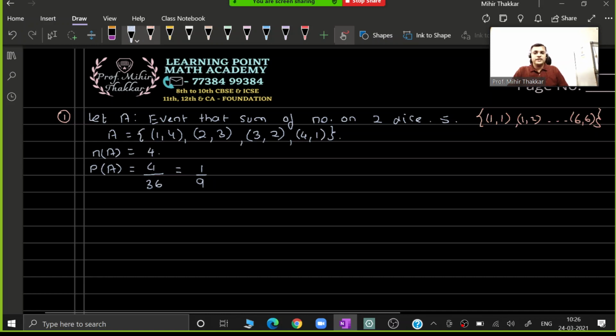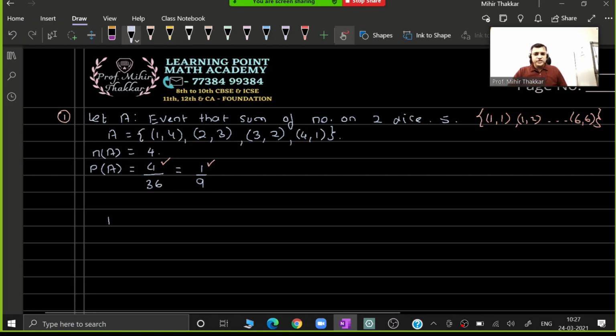Now while calculating the probability of A union B, either you can use this value or you can use this value. Both will be acceptable. So it's up to us. Whichever is comfortable to us, we can use that. I will tell you how we should decide whether we should use the original value 4 by 36 or the reduced value 1 by 9 when we are doing that calculation. For now, you can use anything, that is completely your choice.